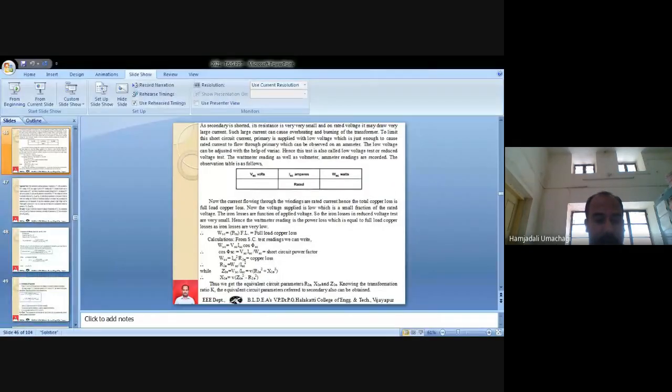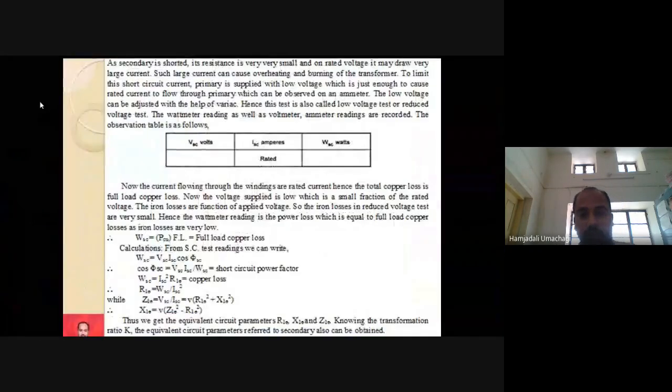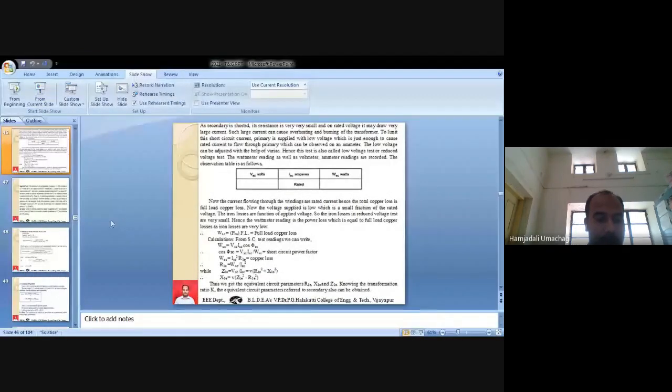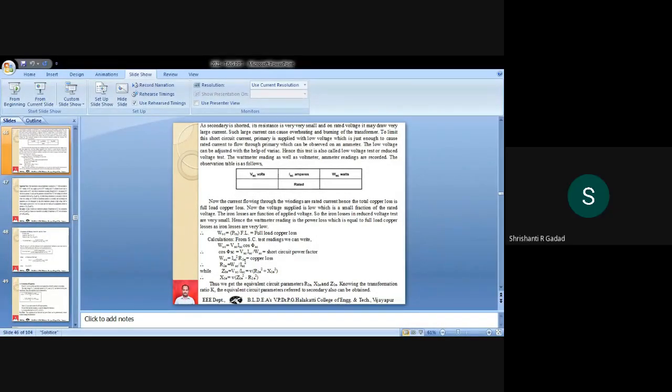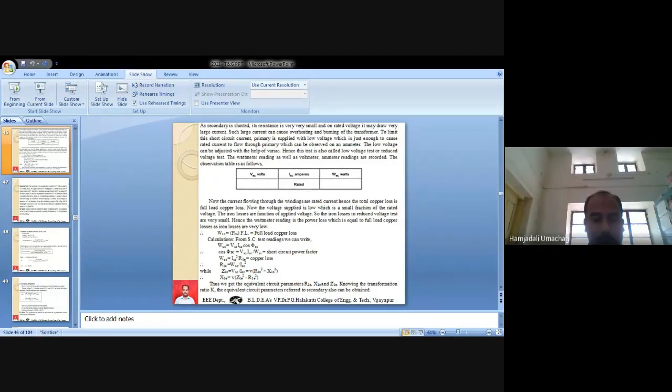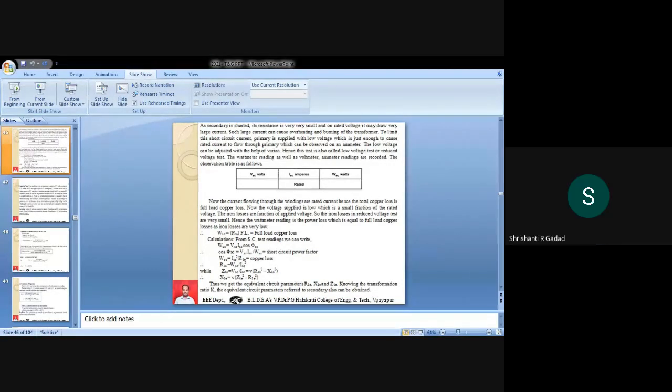See, what is the time now? One of the students is trying to join, Aditya Gorpade. Almost now we are at the end of this class. Kavya Gadad. No, sir, I'm using my sister's mobile, sir. Okay, okay. No, it's okay. No problem. My mobile is disconnected, sir. So I'm trying now. Okay, it's okay.